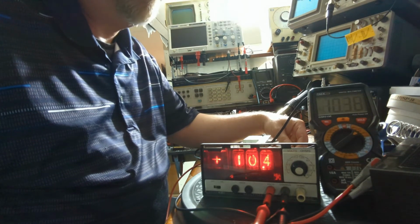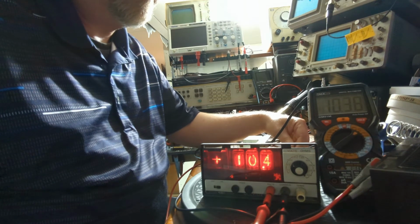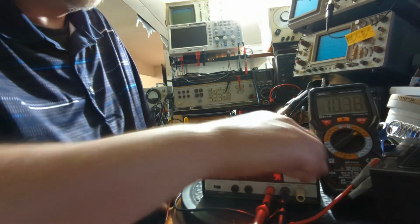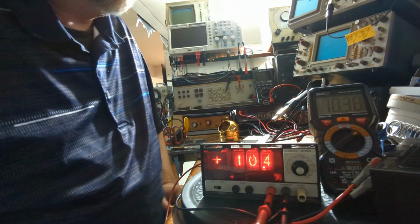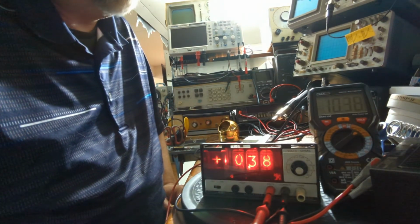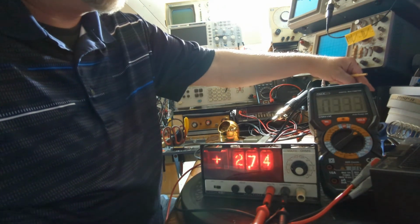If I can get that down to 0.3, the problem is you really don't know how far you've gone past that. So let's leave it right there. And then that one just shows 10.4, 10.38. And then if I go down below 1.5 volts, let's get this down to,